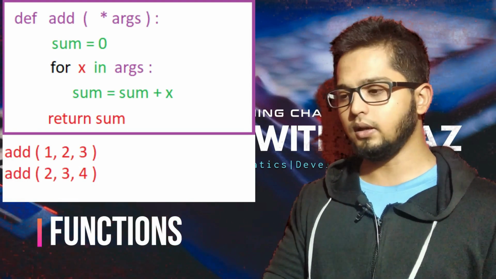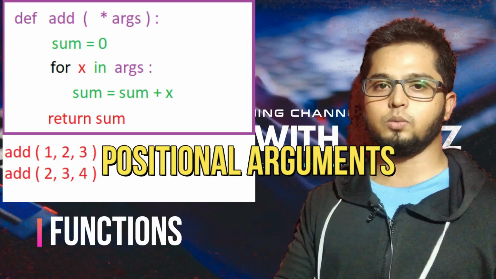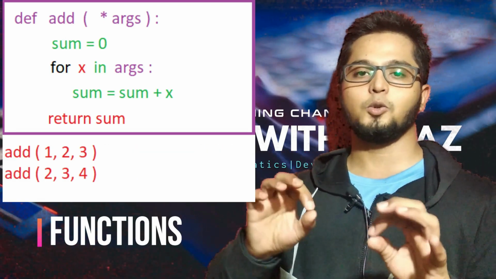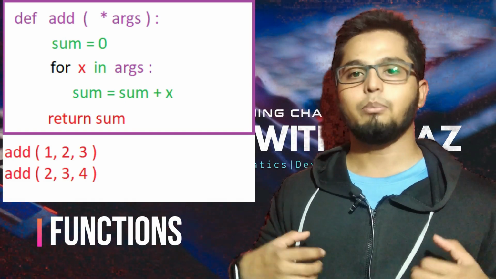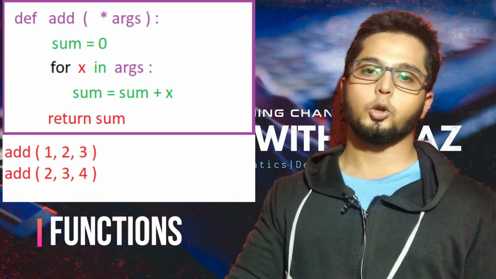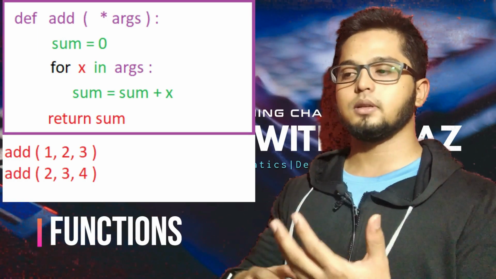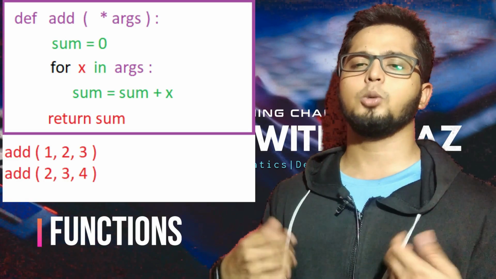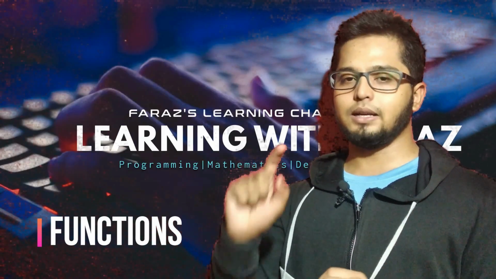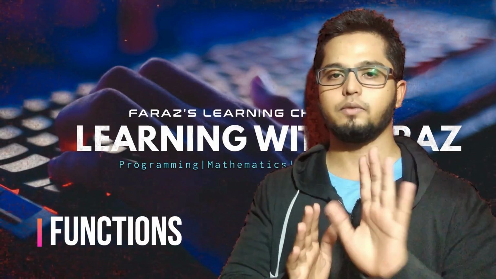Okay, it works well. But these arguments, as I have told you, are positional arguments, right? I am taking a variable number of positional arguments using the asterisk operator. But I don't want a variable number of positional arguments. I want keyword arguments instead of that. It means I want to pass any number of keyword arguments to my function. So how am I going to do that? It's very easy. Instead of taking one asterisk, you have to put two asterisks. But to access them, there is one particular way. I am giving you the example.